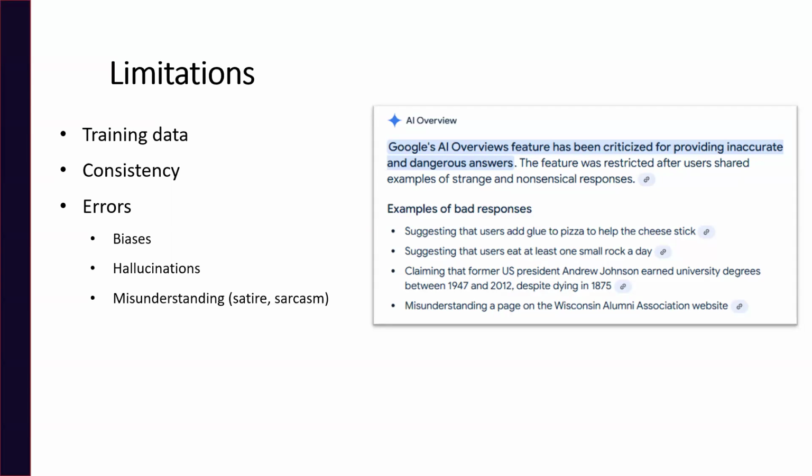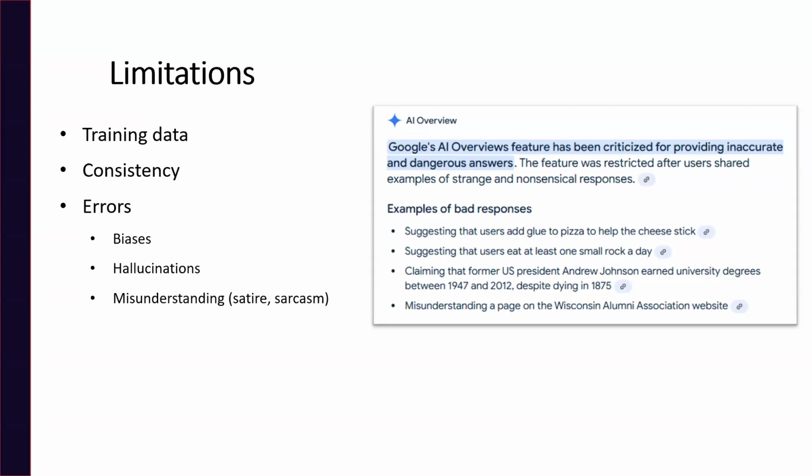There are issues of consistency. Two people can go to an AI tool, put the same prompts into the tool, and they might get different results. And some of those results may be correct, some of them may be incorrect, or they may not be exactly what the person is looking for. So be aware of that as well. Errors that AI can create.